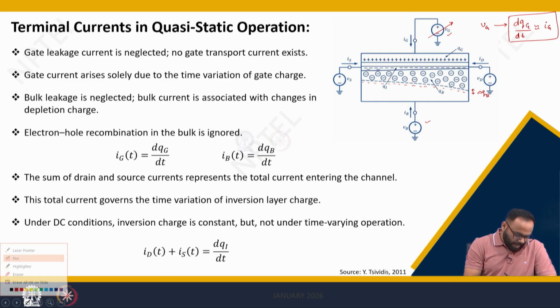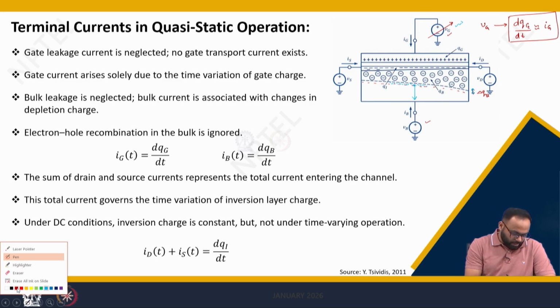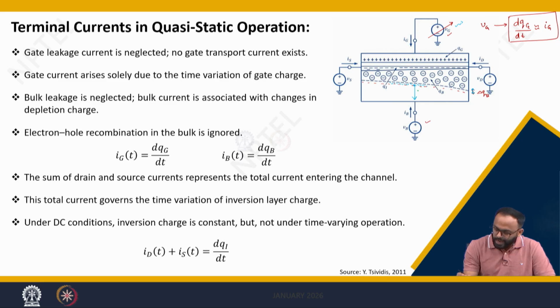So, you were having the electrons here, right, which was maintaining the charge balance, but the moment you vary the voltage very slowly, what happens? The depletion region increases. If the depletion region increases, to maintain the charge balance again, these electrons will be pushed towards the substrate. If the electrons go downward, there will be a current which is upward, and that current will give you what,